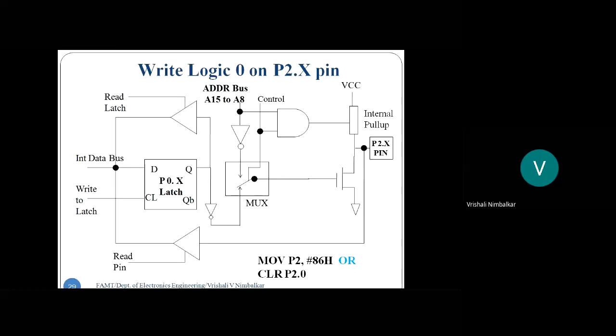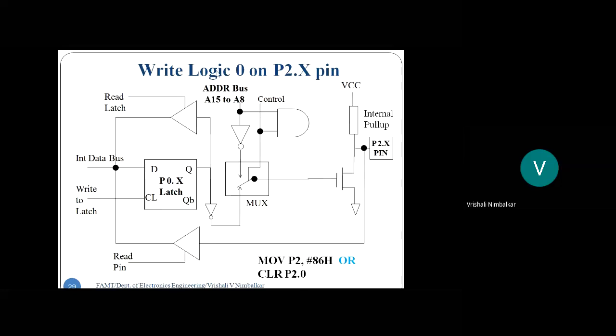Okay, so let us see the write operation, and by now I hope even you all are able to explain the operation happening. See, majority of the time in exam they will ask you to draw the internal structure of port 2 and explain its write operation or explain its read operation. So you have to draw this diagram, you have to write one instruction, and you have to explain how this entire circuitry works for that instruction. Right, the way I'm explaining now, it's the same explanation that is expected to be written. Okay, so that's the internal structure of port 2.